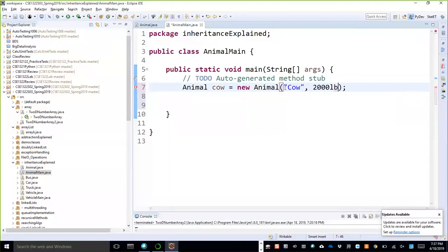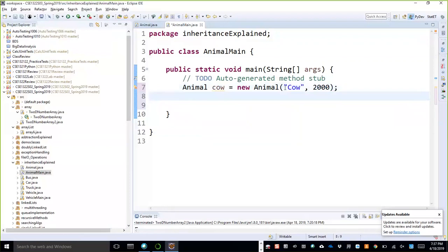Okay, since it will be a string, you have to declare the string and then put it within quotes. For this case, since it is a double, just put the number. You do not need to put a comma. If you put a comma, you will make a mistake. It will be considered as another argument. Okay, so this is how I got a cow, right?